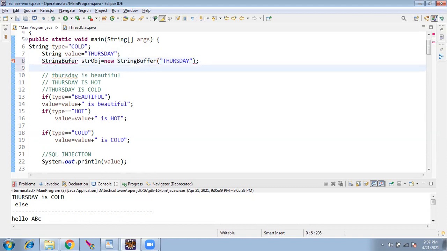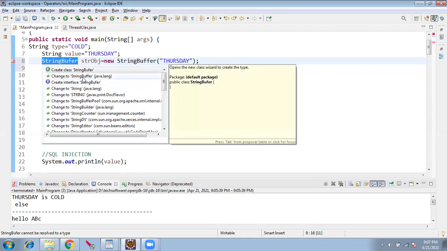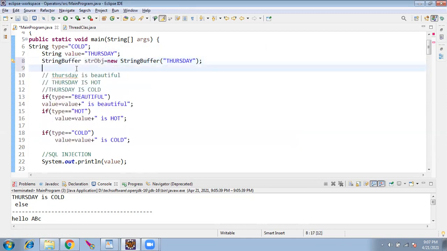The same, instead of string, we give it as StringBuffer. Something wrong, change to StringBuffer. Okay, typo. Instead of declaring as a string where you want to append something, declare it as a